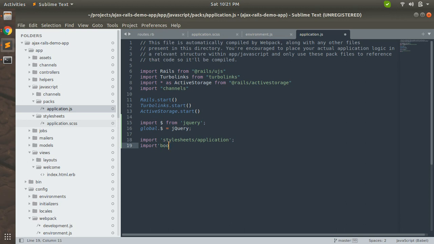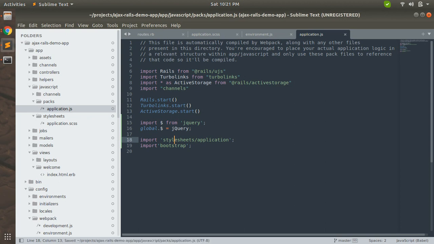This line, line number 19, will add Bootstrap JavaScript, and this line will add Bootstrap CSS to our application.